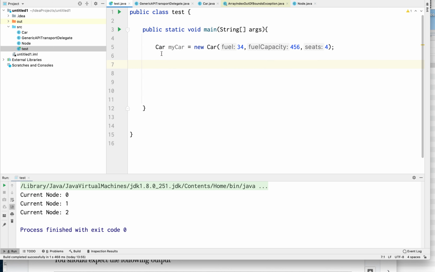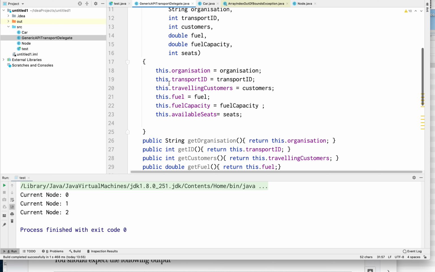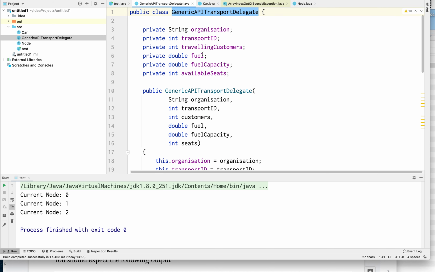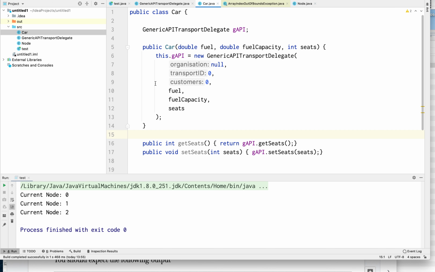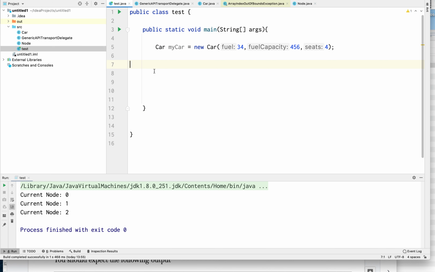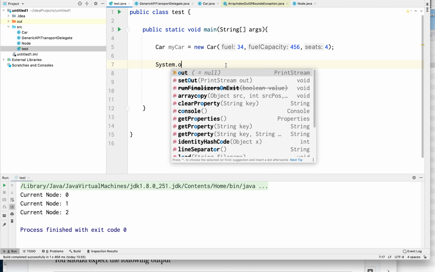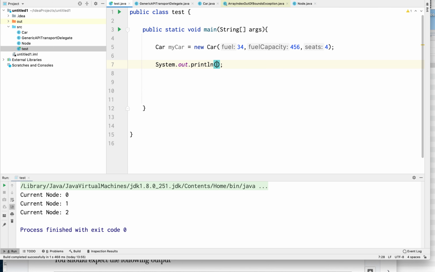Now here I am in my client code creating a new car, and I can set and I can get values from it, whereas this API class has this really long-winded name. So part of the trick of using a long-winded name was to make you realize that by wrapping it with a simple class, a lightweight class which I call car, which just wraps all the functionality of the API class, it's much simpler. So in the test, I just create my class, I get my system.out.println, and into there